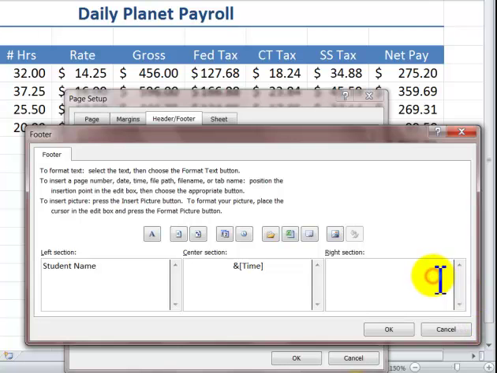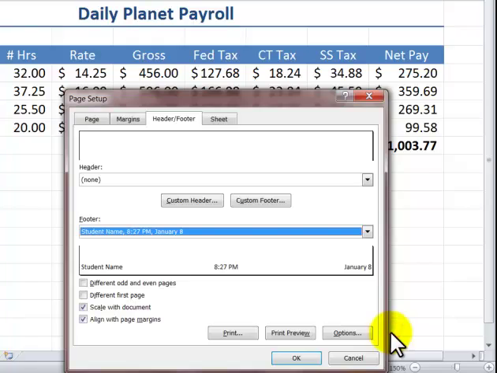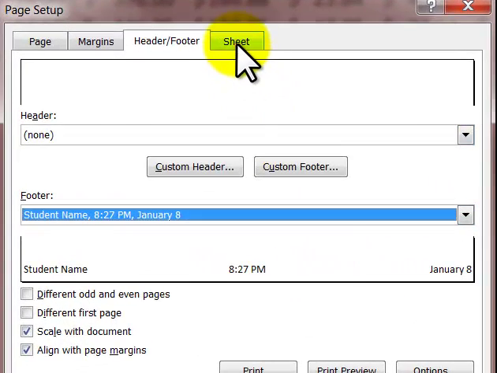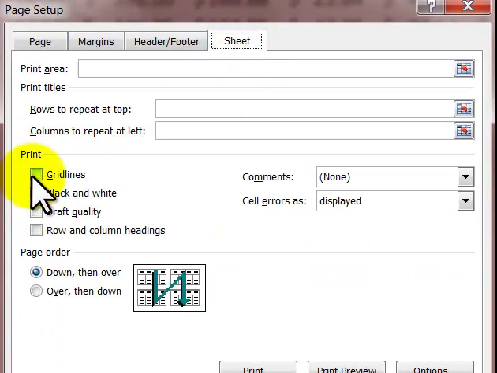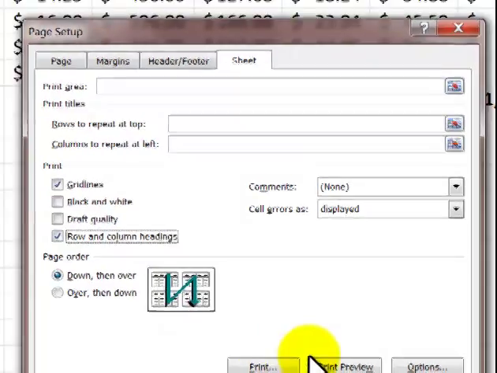Now let's say I want to reference the file name. This is the file name. That's the path, which means the folder and the file name, and the sheet name. I'm going to click in here and I'm going to just go there. I say OK. Now on the sheet here, you could put in grid lines, draft quality, row and column headings here. So if I want this, I just go to print preview,